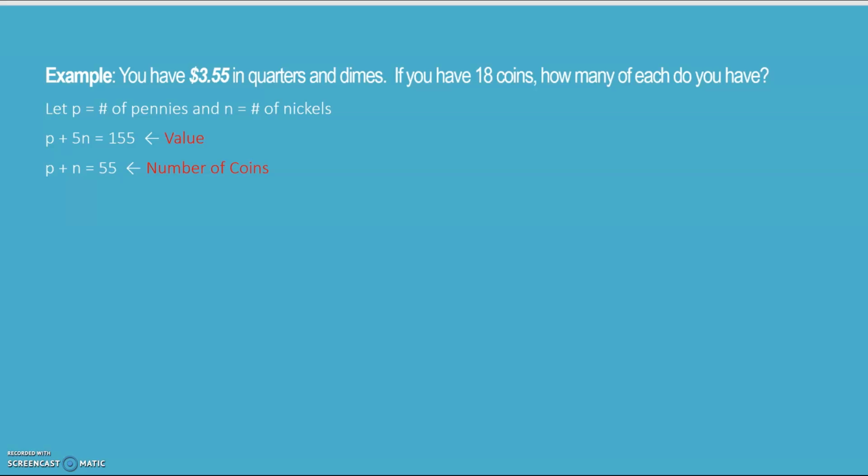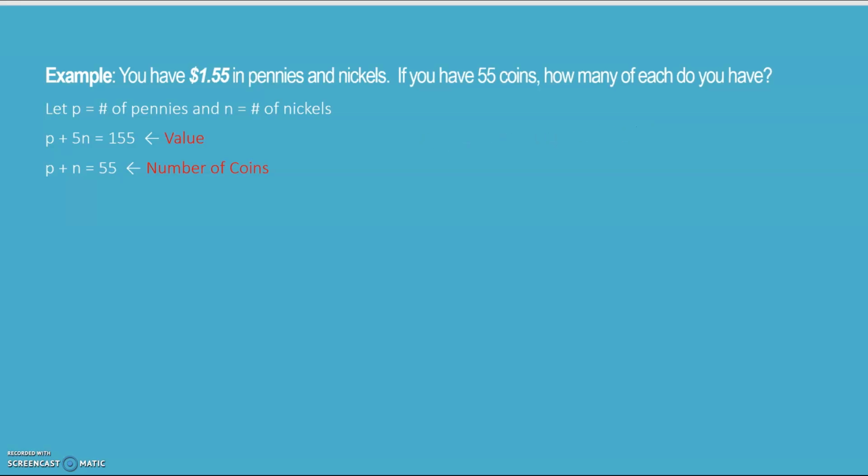All right, so when I wrote these two equations, instead of using decimals for my money, I could have said 0.01 p plus 0.05 n equals 3.55. Instead of using decimals, I used pennies. So if 1 penny is the value of a penny and 5 pennies is the value of a nickel, then,